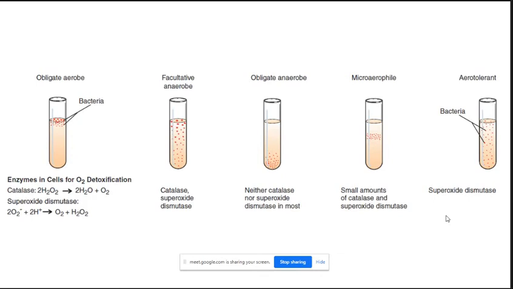Aerotolerant. Nakatulog ka na yata eh. Sila yung ano po ma'am, nag-freeze yung screen ko. Sorry po. Sige. Yung mga anaerobic, I mean aerotolerant, they are only anaerobic growth po, but continuous in presence of oxygen. Tapos yung explanation of growth patterns po niya is growth occurs even